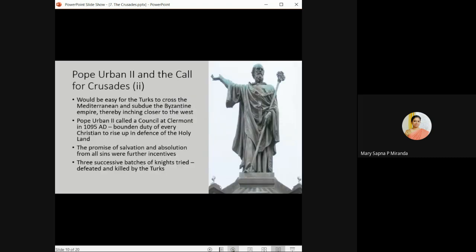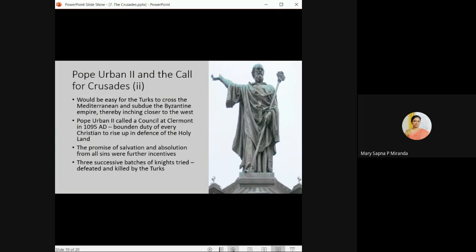This is a picture of Pope Urban II. So his call for Crusades. It would be easy for the Turks to cross the Mediterranean and subdue the Byzantine Empire, thereby getting closer to the West. And the Pope knew that this was a very crucial time. That's the reason he called a council at Clermont, and he said it is the bounden duty, that is, it was supposed to be compulsory and the duty of every Christian to rise up in defense of the